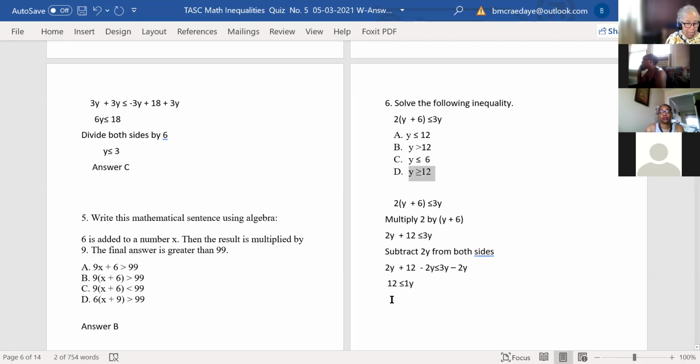Because we want to get into the format of one of the answers, and the answers have the y on the left, right? So y greater than or equal to 12. So our answer